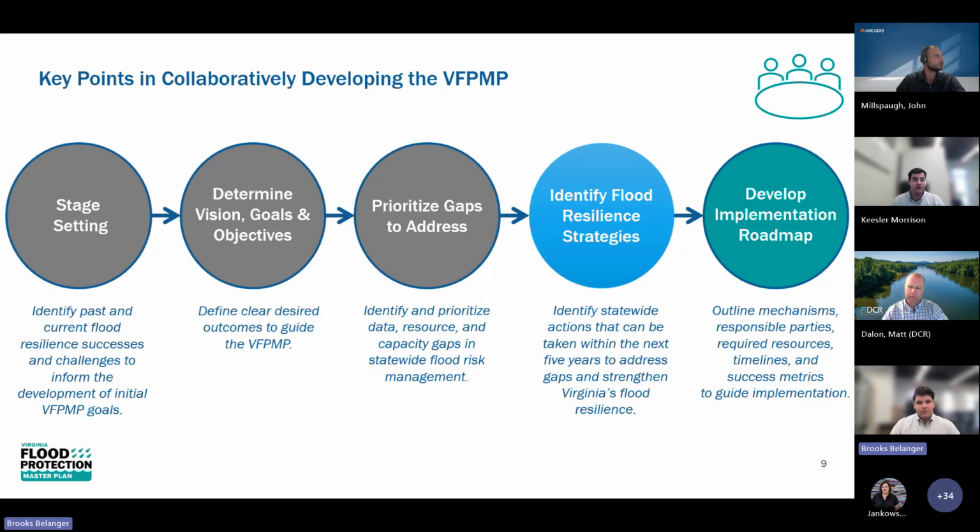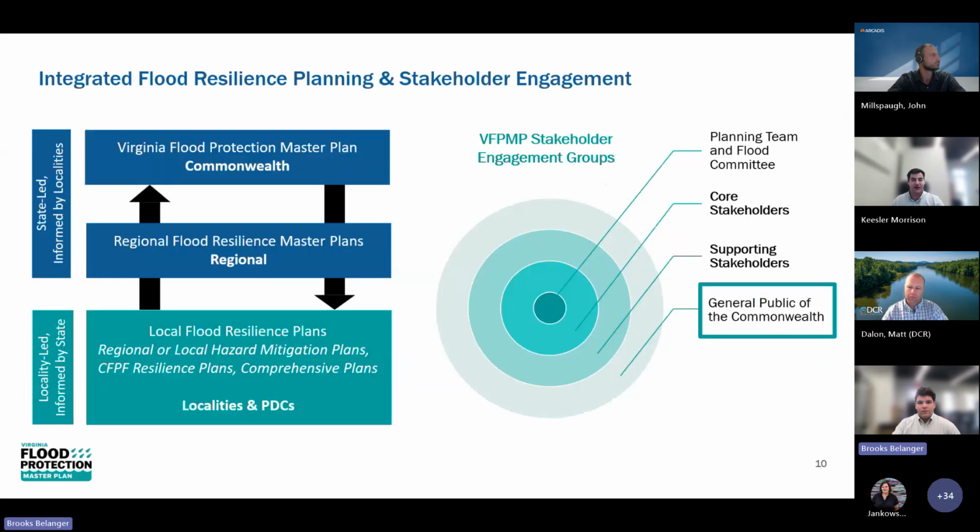Our next phase from there, we'll develop an implementation guide that will make this a really, really actionable plan. So identify who is responsible for what, exactly what needs to be done, and what resources are going to be required to accomplish these things. And so that's our process. And you may be wondering where does the public fit into all this? And so I'll move to the next slide that outlines who our stakeholders are and how they're incorporated